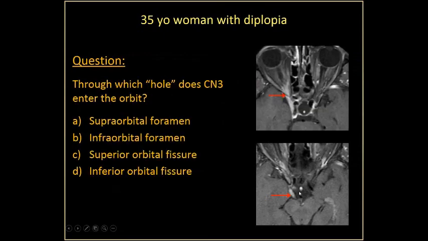Now, which hole does the oculomotor nerve enter the orbit, shown in this image here? Is it the supraorbital foramen, the infraorbital foramen, the superior orbital fissure, or the inferior orbital fissure? Well, the first two choices are distractors here. The supraorbital and infraorbital foramen are actually located outside the orbit, in the forehead and in the cheek, and they contain smaller branches of the trigeminal nerve that provide sensation to the face. The superior orbital fissure is the fissure that carries cranial nerve 3, in addition to other nerves that we will